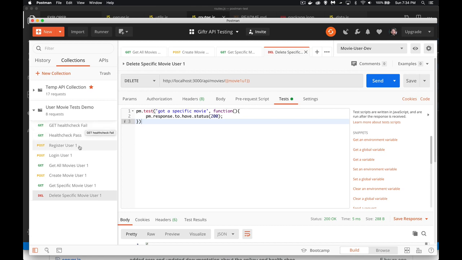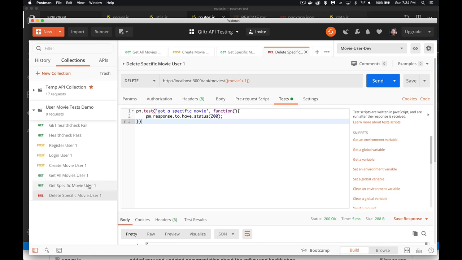API key. We're going to create a new user, save that person's user ID in a variable. Then we're going to log the person in using that saved variable. We're going to get back a token, save the token, and then we're going to use the token for movies, creating a movie, getting a specific movie, and we could move this down here as well. We can get all movies. After we create one, we'll get all the movies for that user, get a specific one, and then delete that